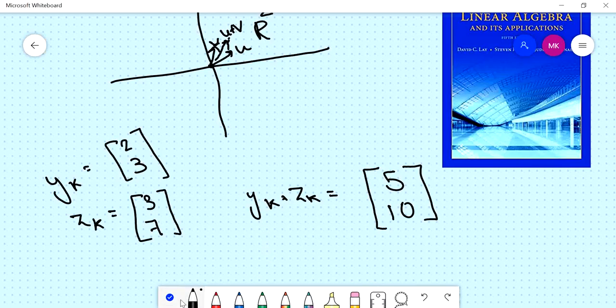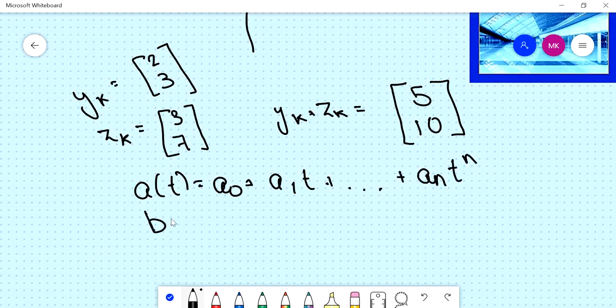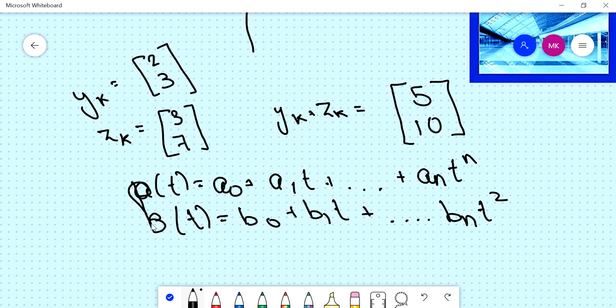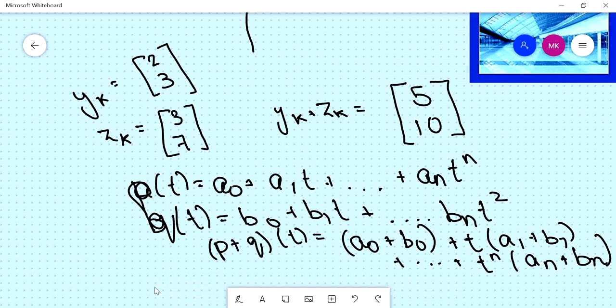So basically, I won't take all the terms, but why not, let's take all the terms. So if we have p(t) equal to a0 plus a1t plus up till an t to the n, and we have this q(t), another function, which is b0 plus b1t plus bn t to the n. I should really not name these because this might cause some confusion with the coefficients. If you add them, p plus q of t, it's effectively like you took a0 plus b0 and placed them together, then you took t common from a1 plus b1 and so on, up till t to the n, you took t to the n common and made the coefficient an plus bn,